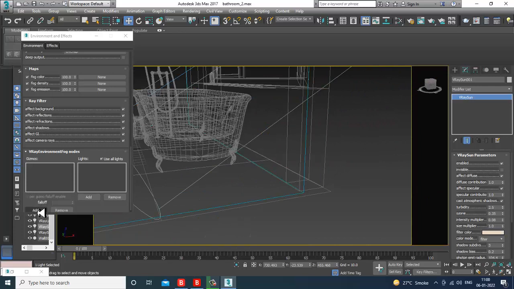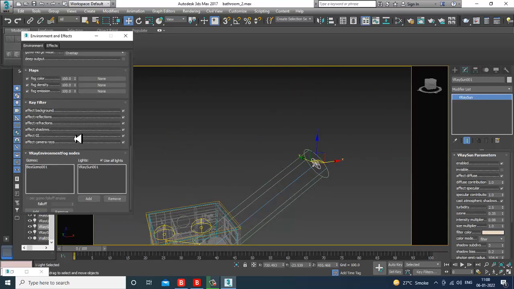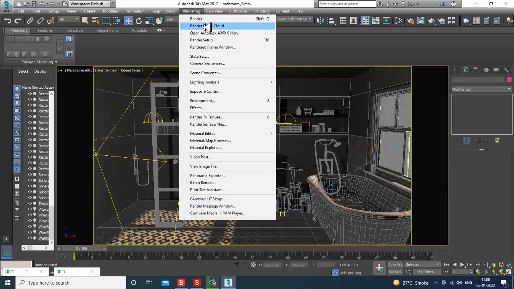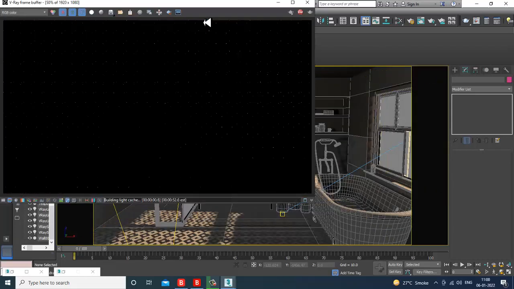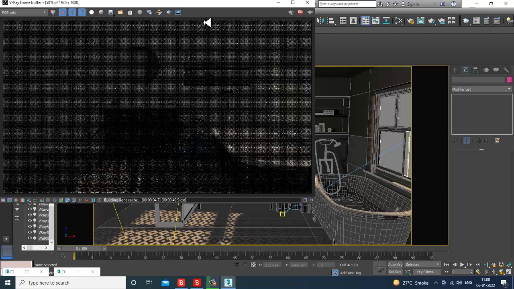Add a box gizmo and add this light over here. So now you get this option, effect GI, that can be adjusted. So let's again go back to the camera view and let's render this. Okay, might look better.